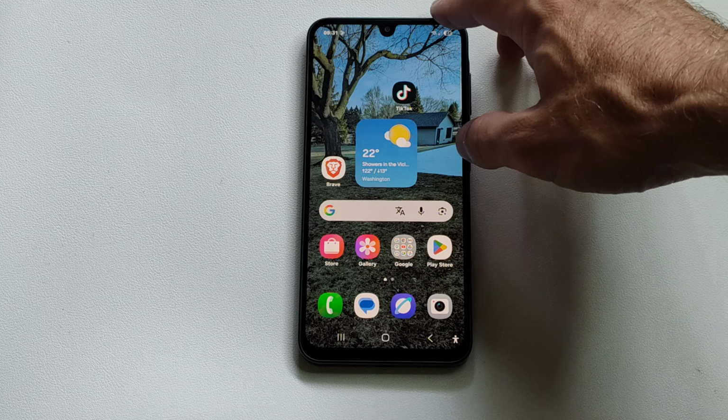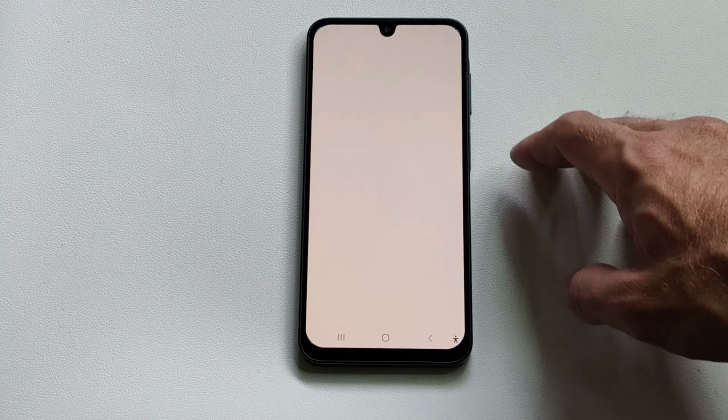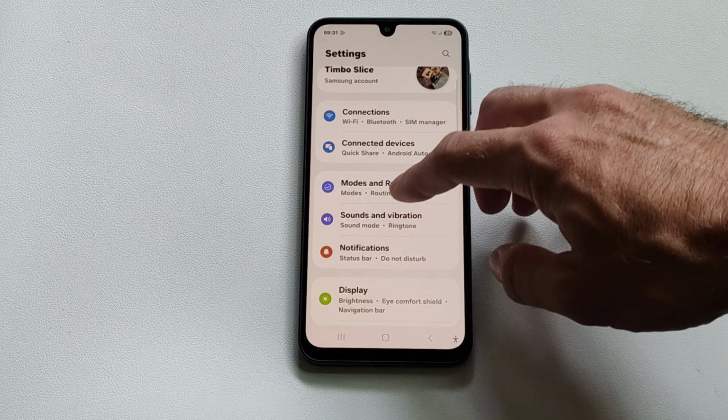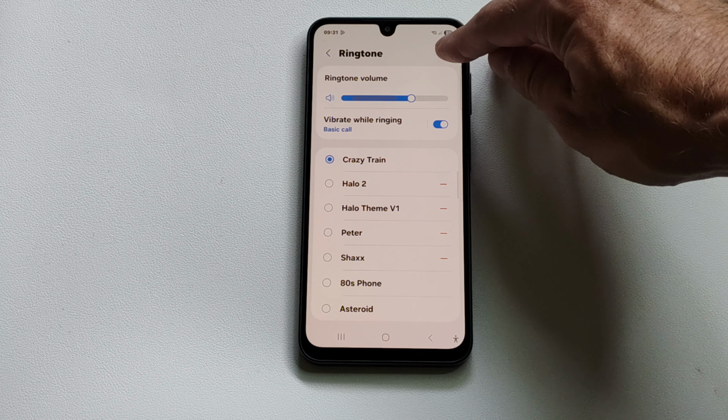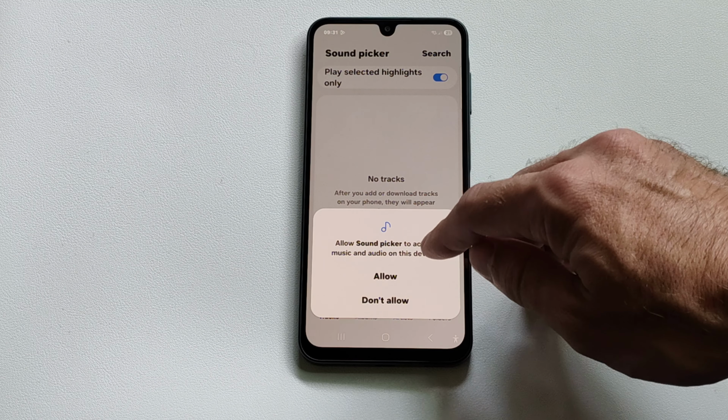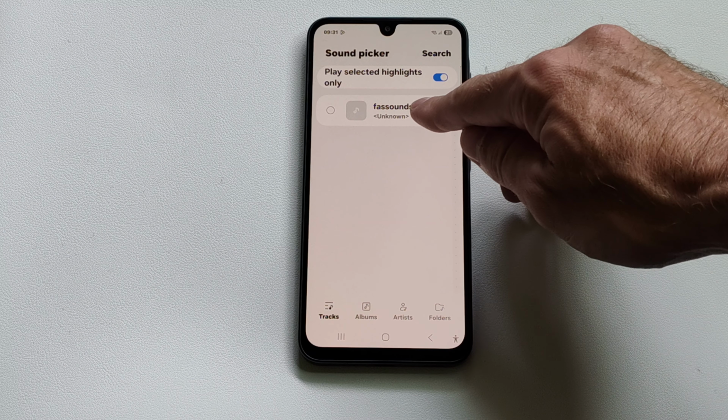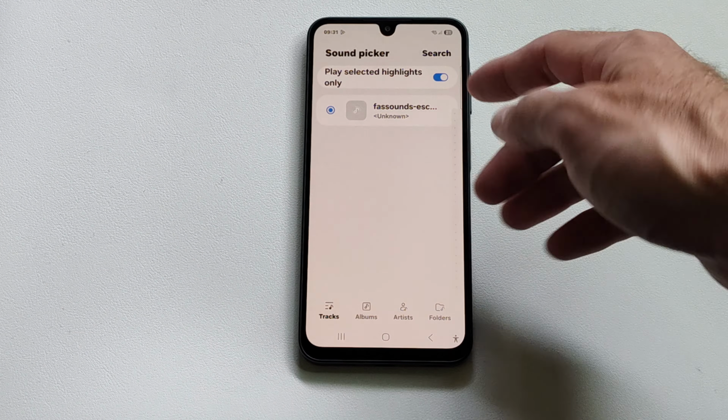Now you can set this as your ringtone too. If you go to the top right and go to settings and scroll on down, go to sound and vibrations, go to ringtones, and then go to the plus icon up here. And you can just find your music you downloaded right here, and you can set this as your ringtone on